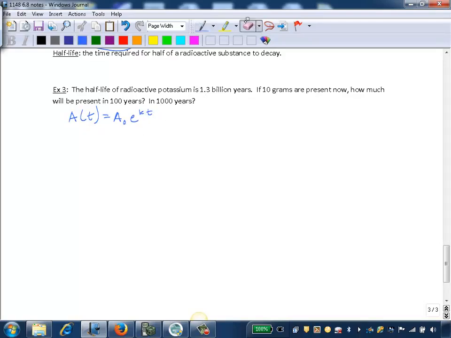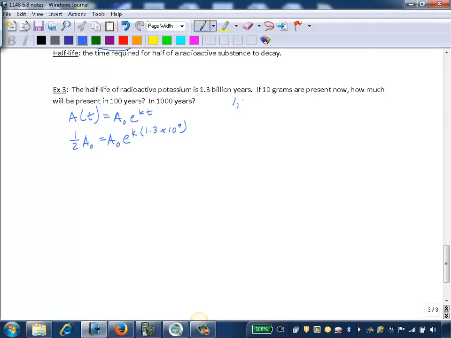So if we use a generic original amount of a sub 0, then half of that would be half of a sub 0. So if I substitute in 1/2 of a0 equals a0 times e to the k t, and they told us that that half-life is 1.3 billion years. So for the t here, I'm going to write 1.3 times 10 to the 9th for that billion,